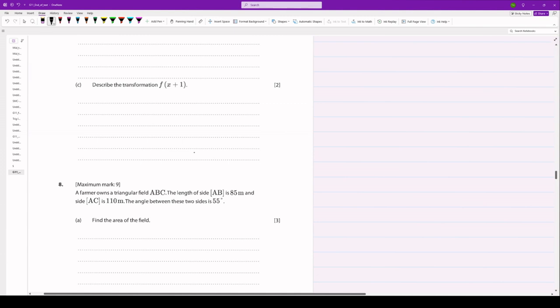Describe the transformation f of x plus 1. Now the key word here is describe. That means words. What is it actually doing? Well, to use the technical words, it's a translation left by 1. Or if you want to be super fancy, you can say translation parallel to the x-axis